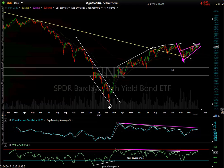But a lot like the stock market, if we can punch up a little bit, make a marginal new high here, for those not familiar with technical analysis, or at least don't see the charts the way I do, they'll think that's a bullish breakout. And technically a new high is bullish from that point of view, but what I see is a bull trap if that happens, just like the stock market, like I went over earlier, because that will be a divergent high. We'll have these divergences intact,